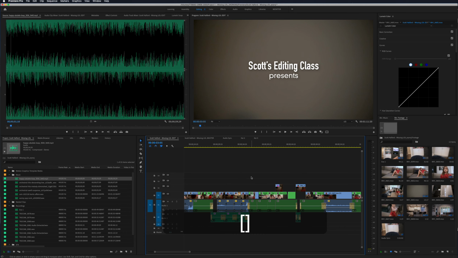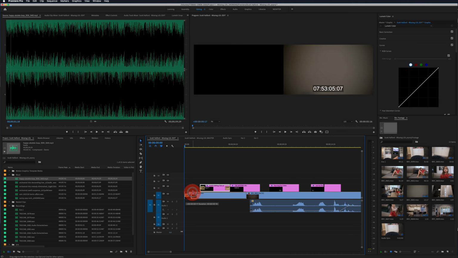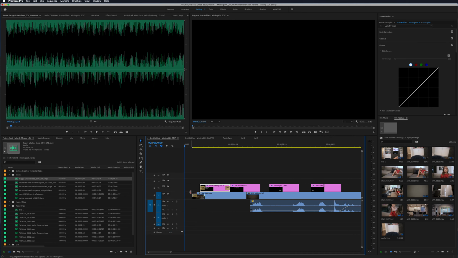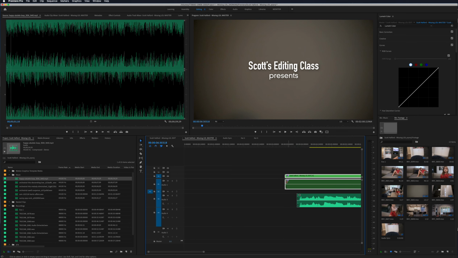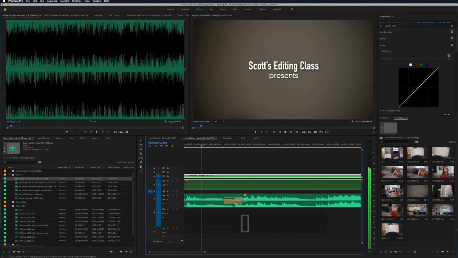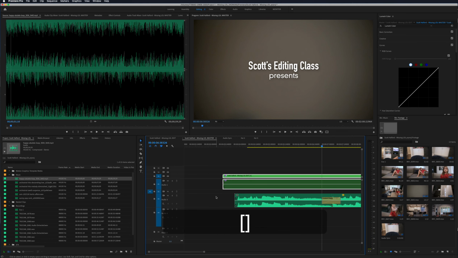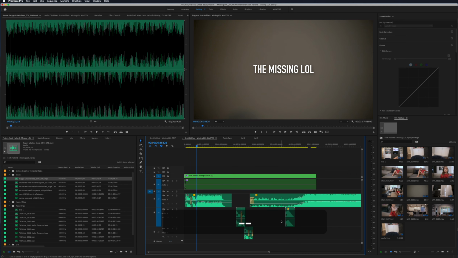we can actually go in and shorten the timing of these. That's good. Bring these closer together. Now you've got to be careful with stuff like this. If I now ripple delete this, it'll change the timing of all this stuff in the master. So I'm just going to leave those right where they are and let that black be a little bit of black. All right, now I am going to delete this piece of black. Get this all to time